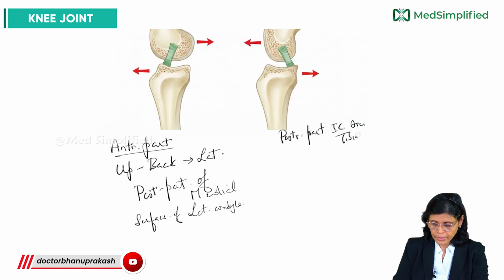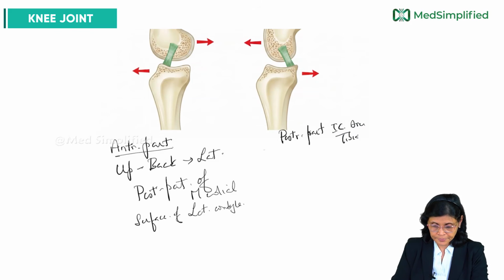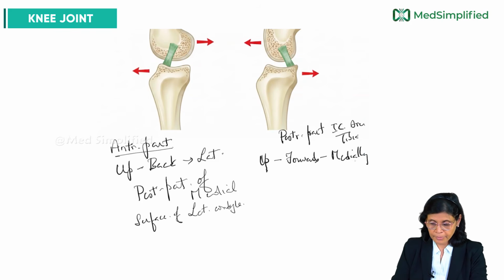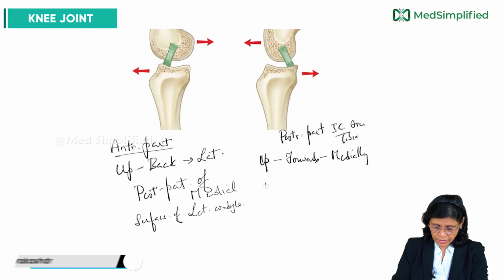It runs upwards, but instead of backwards, it goes forwards and medially. Okay, upwards, forwards and medially, and is attached to, now this is the opposite, the anterior part of